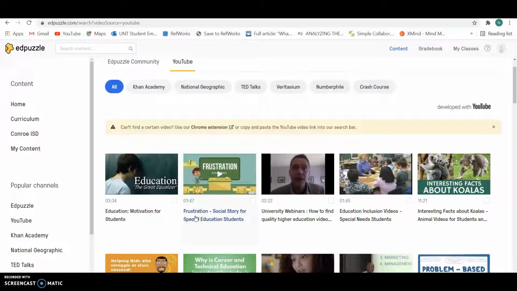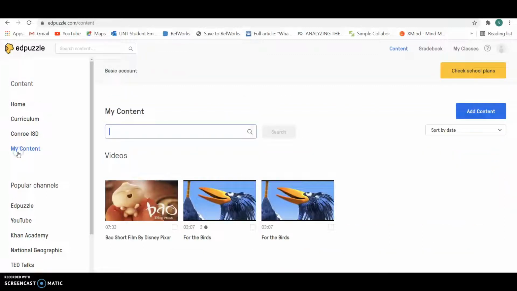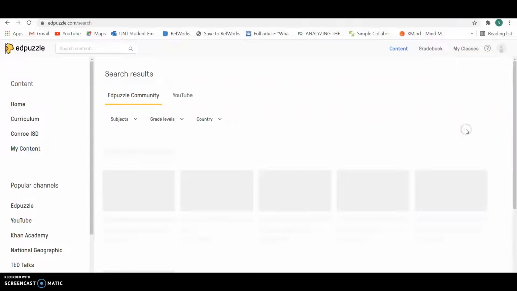So this is the Edpuzzle homepage. So if we go to the left side and we click My Content, you can see that I have some videos here. You can go to the right side, click Add Content, create a video,